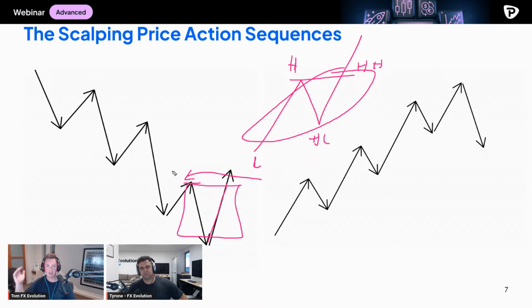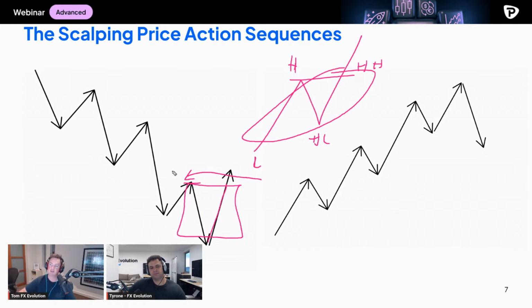Markets create these breakouts from the session highs or session lows, and you can set up a whole bunch. I remember when Tyrone and I used to set up about 20 pairs, and we would wait for false breaks, and then we would trade either real breaks or false breaks. But we found false breaks to be the better one after a long time of doing it and a lot of analysis. This was one of the things that really changed the game in terms of structure. Simple, basic, makes sense though.